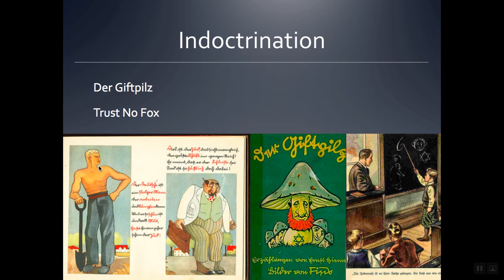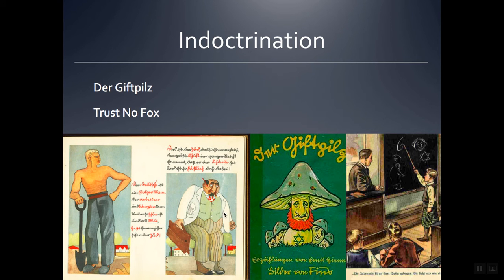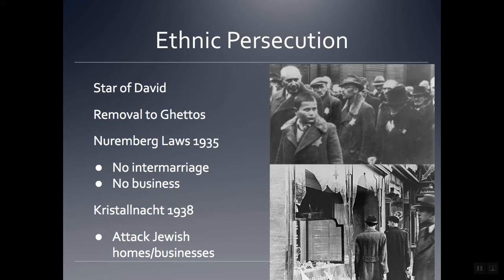Germany at the time. Trust No Fox, this is just one page from it where it's comparing the German to the Jew. And obviously, you guys, they literally have a shirtless man, a strong German farmer. And then they're making him look like a banker, kind of overweight, balding, just not a flattering picture. It's always us versus them, that comparison. And these are children's books, you guys. These are books that kids are reading. And it's just furthering that, I guess, brainwashing for the next generation.